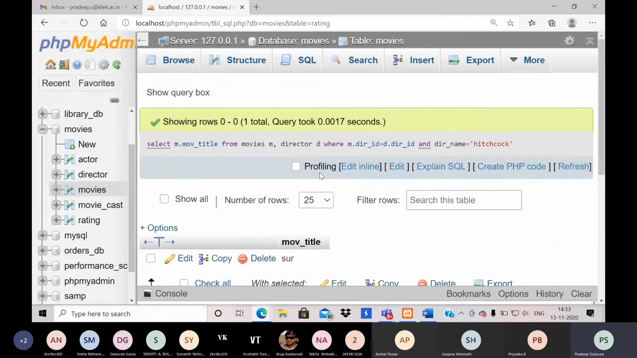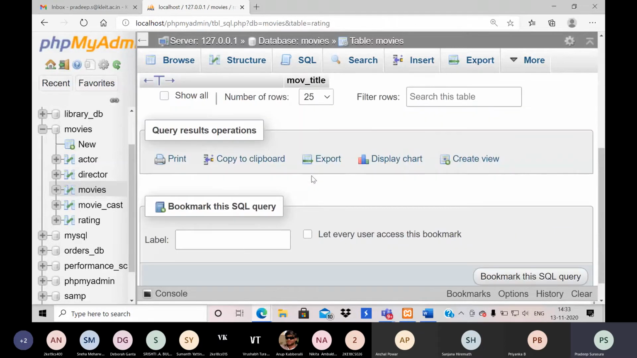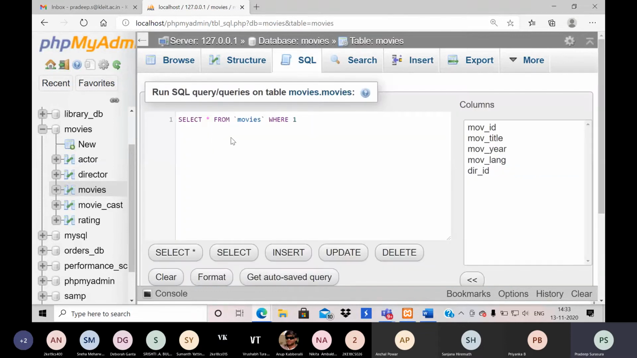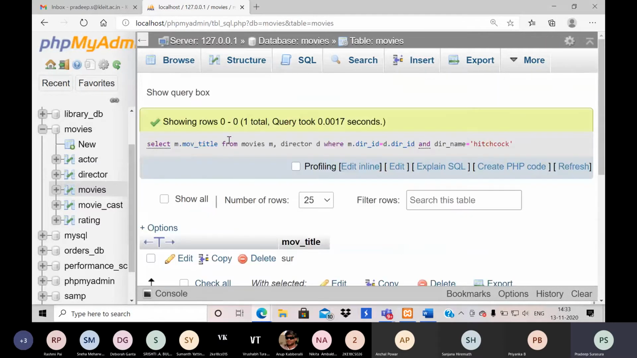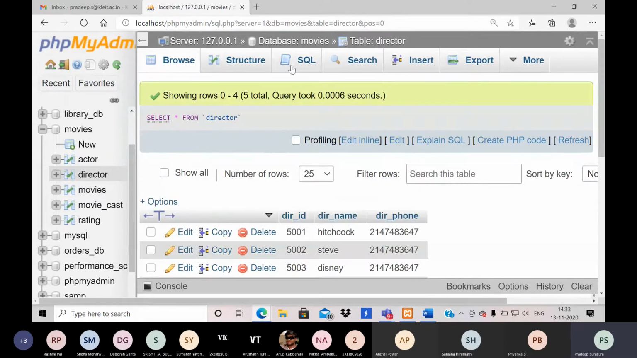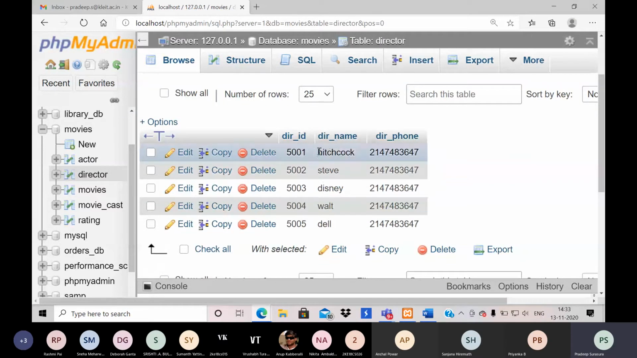Do you have any data with respect to Hitchcock? Sorry, what is the query? Select movie title from movies where director name is equal to Hitchcock. Is it executed? 0 rows, 0 rows, 0 rows. Okay. In the sense, where do we have Hitchcock? Hitchcock,